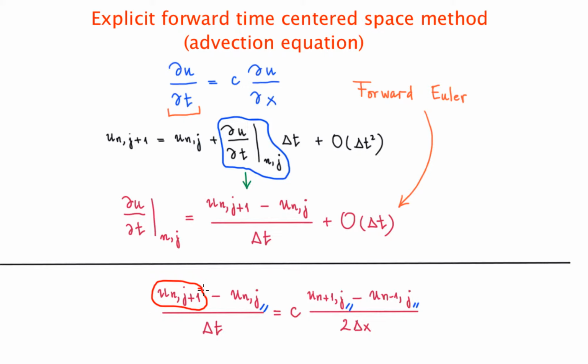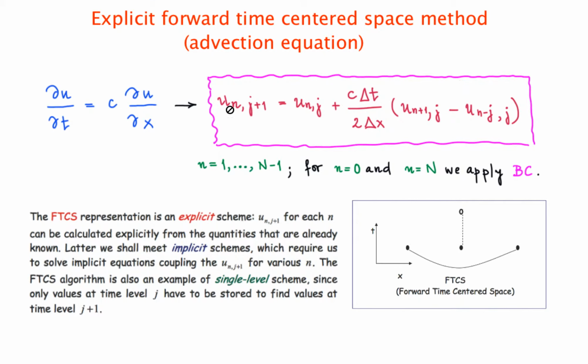So what we are going to do is clear this expression from this equation, and if we do that, this is the finite difference representation that we have for this method, corresponding to the advection equation. Basically, the one we're getting is the following. The value of the u function at point n, evaluated at time j plus 1, is equal to the value of the u function evaluated at point n and time j, plus this constant here,